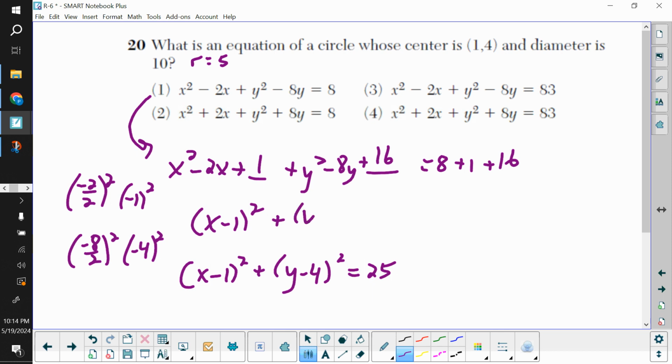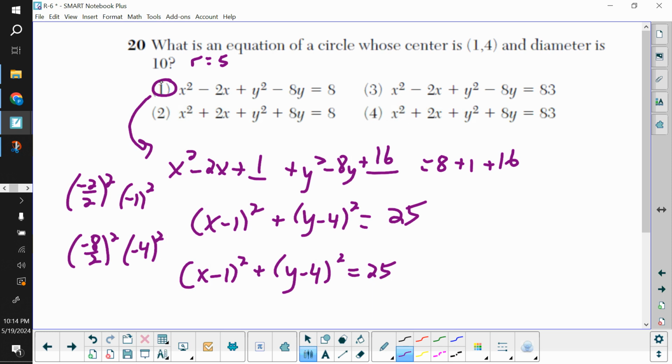Because negative 4 got squared, this is y minus 4 all squared. So that's looking good. And then 8 and 1 is 9, 9 and 16 is 25, so it looks like this one's going to give us what we want. Now that would have been annoying if we had to go through 4 choices and do that,